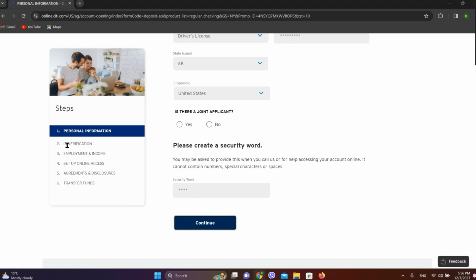Afterwards, we need to follow all of these steps. That is, next will be our ID verification, and we need to enter the information of our employment and income. And once that is done, we need to set up an online access username and password. Afterwards, we need to make sure you complete the agreements and disclosures, and after that only we will be able to transfer our funds. So these are all the steps we need to follow to open an account on